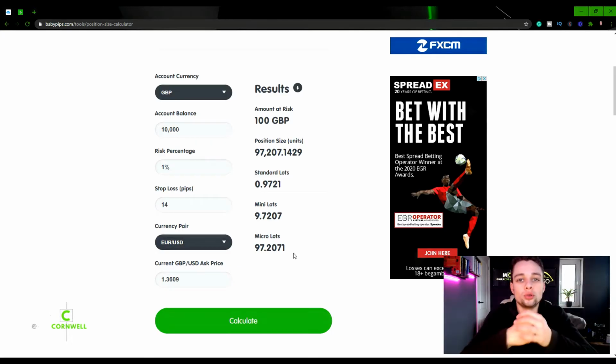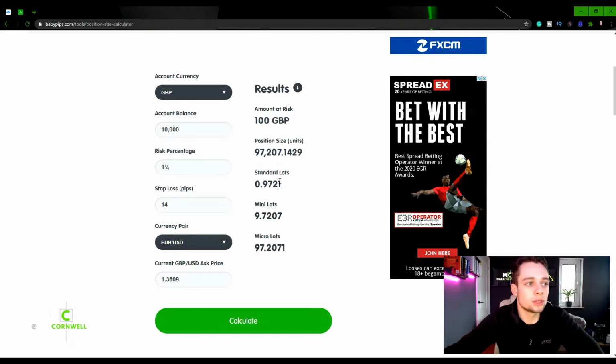Now, depending on your charting software, or whatever you use to execute your trades, you're going to have to use one of these metrics. TradingView, NinjaTrader, and various other platforms are going to ask you for it in units, right? So if we want to input units, we'd input